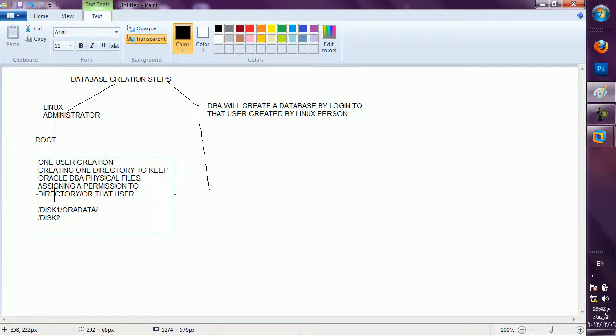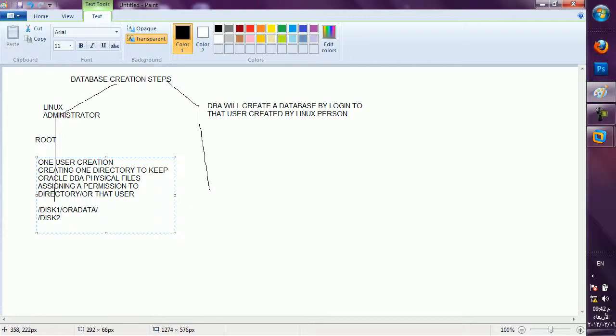And under this, suppose 3 DBs are there, and each person wants different folders to keep their files. But Oracle data is common because it will be easy for a Linux administrator to keep watch on the Oracle data folder. If he is looking after the Oracle data folder, all DBA folders are in that.